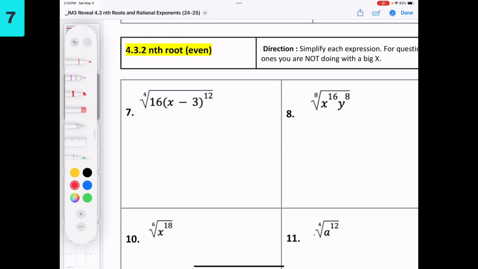Hey guys, let's go over 4.32. Previously, we learned about EVO. And so each time I want you to think about, can we apply EVO? So for number 7,